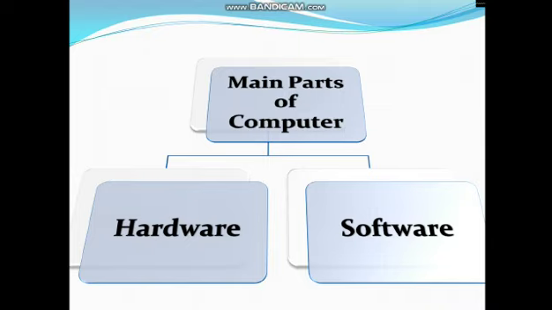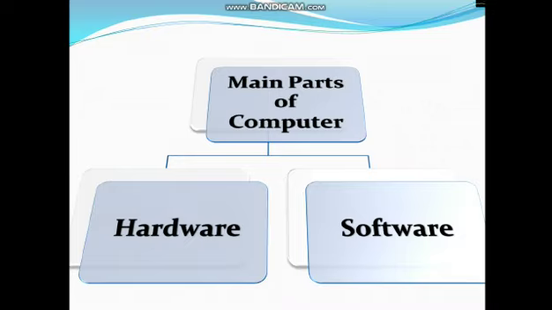Now, let us compare it with our human body. Hardware is something which you can touch in your human body, like your eyes, your nose, your mouth, your ears. Whereas the software, which you cannot touch, is the internal part of the body: the liver, the stomach, the heart inside. So these are the organs which you cannot touch physically, but they are working well, right? So that is how I can compare it with the hardware and software.